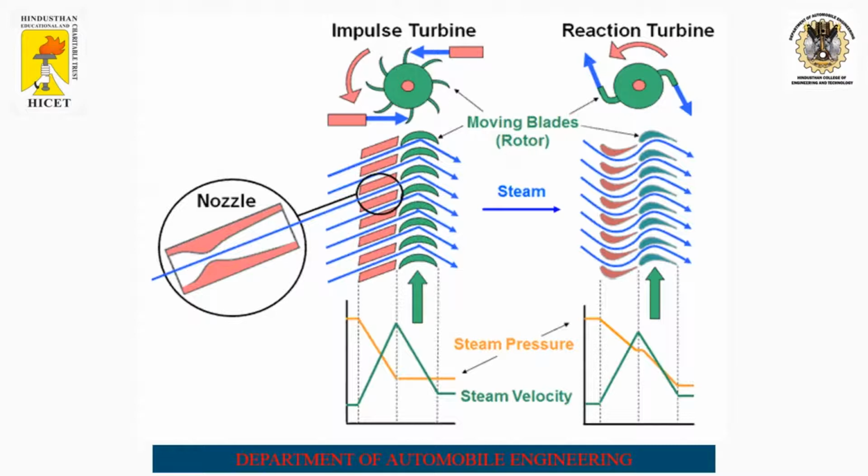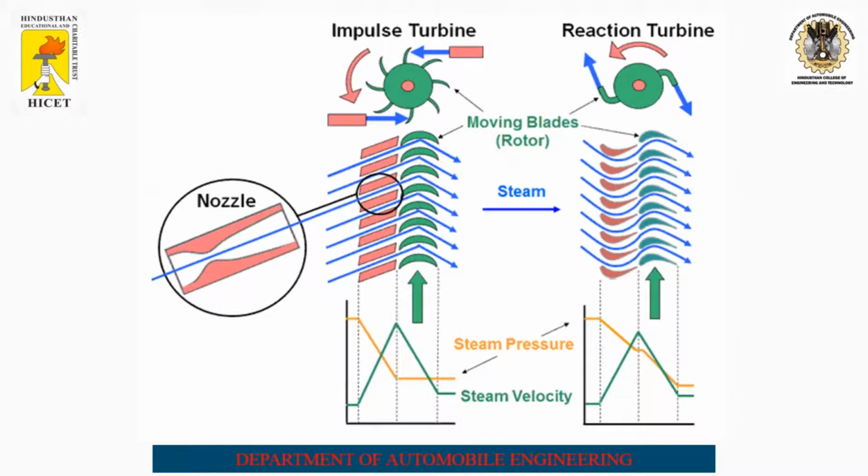And in case of a reaction turbine, not only the kinetic force, that is the impulse force alone, is used. Instead, it also uses the pressure energy. So you can see the vane construction of both these cases, as well as how the water jet positioning is given. So you may be able to see it very clearly.